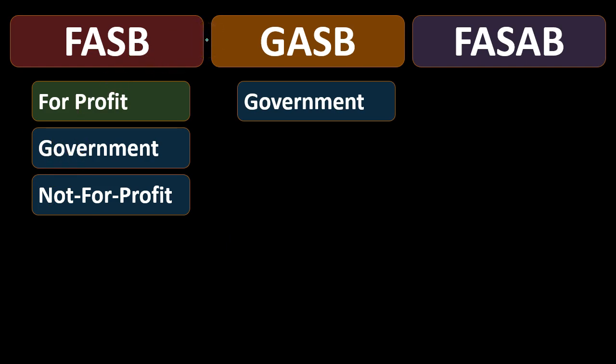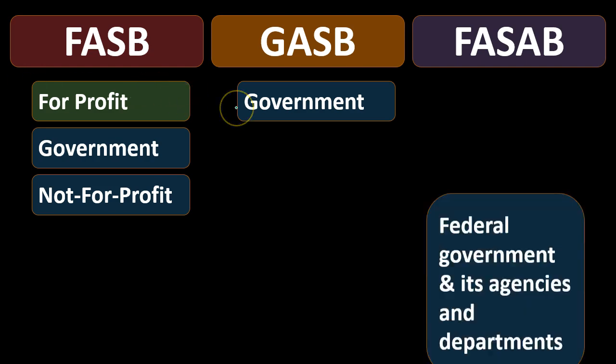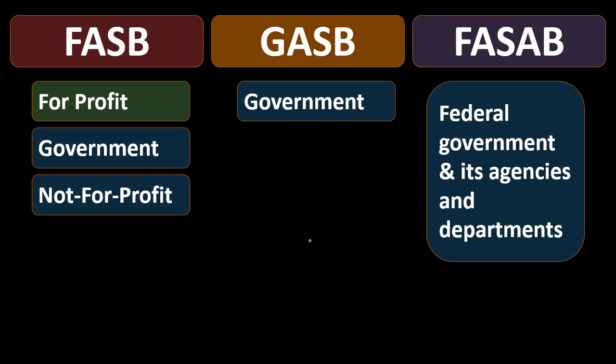So then we have GASB, Governmental Accounting Standards, and this is going to be where we can think of the evolution happening, and we say, okay, we've realized that there are some areas where the FASB, normal accounting, has different concepts that are necessary, and therefore different regulations that are necessary. GASB then is going to be an added type of regulation to fill in those places where the FASB isn't adequate for governmental accounting. And then we have the FASAB, which is the Federal Accounting Standards Advisory Board, and it applies to the federal government and its agencies and departments.